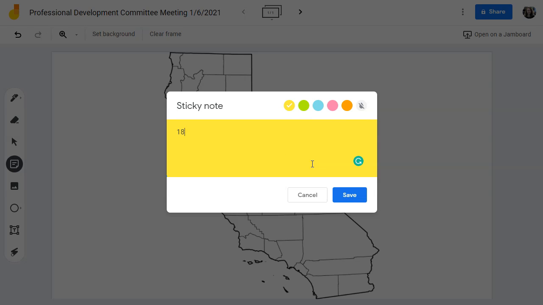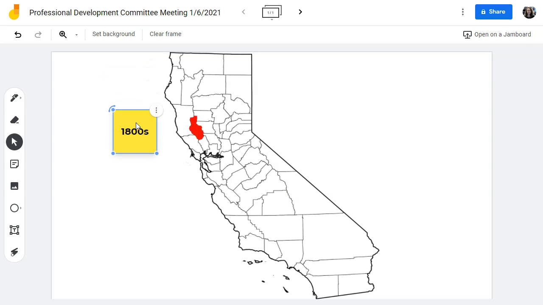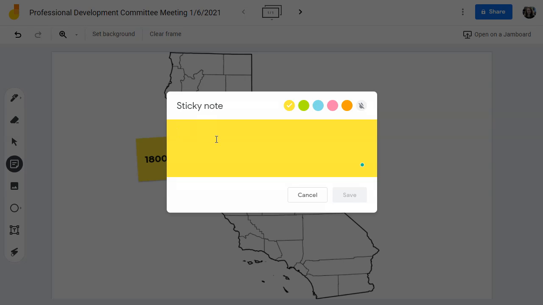So maybe we would say, I don't know, let's say we're doing a history class and we're talking about the 1800s. So I've added my sticky note and I can drag it. I can also tilt it if I wanted to. And this is just kind of a neat way that you can bring in sticky notes. So the way that you do it is you click on the sticky note, you enter in the text, and then you click save, and it goes right here onto your background, and then it allows you to create